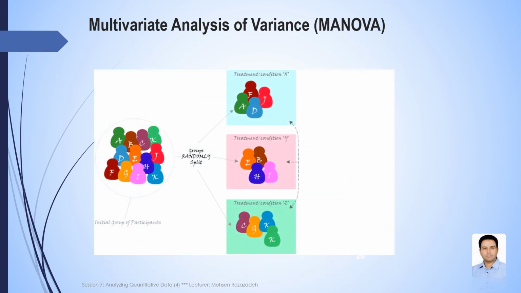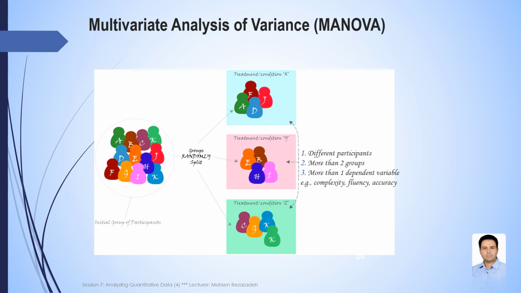Here is a picture that illustrates the condition in which you can use MANOVA. As you can see, we have an initial group of participants. We assigned them into 3 different treatment or condition groups, and therefore we have different participants in the 3 groups, and we have more than 2 groups, and more than one dependent variable, for example, complexity, fluency, and accuracy. Remember that